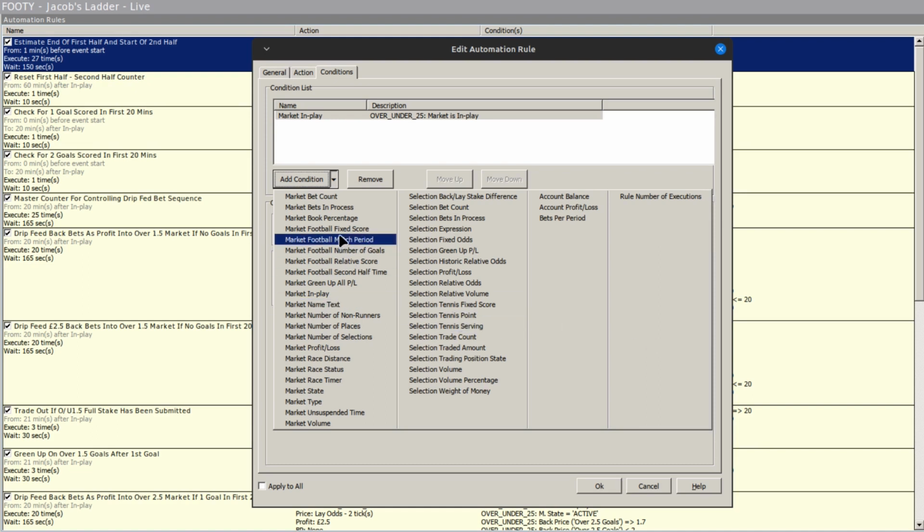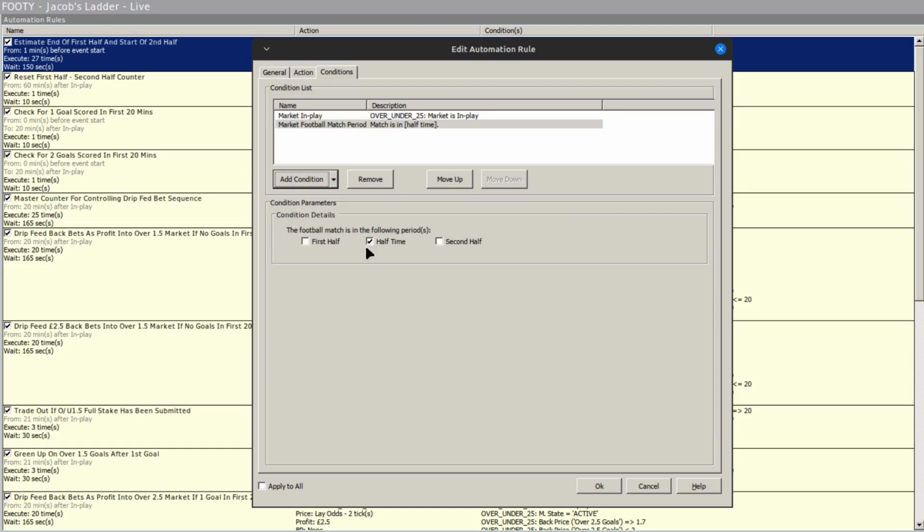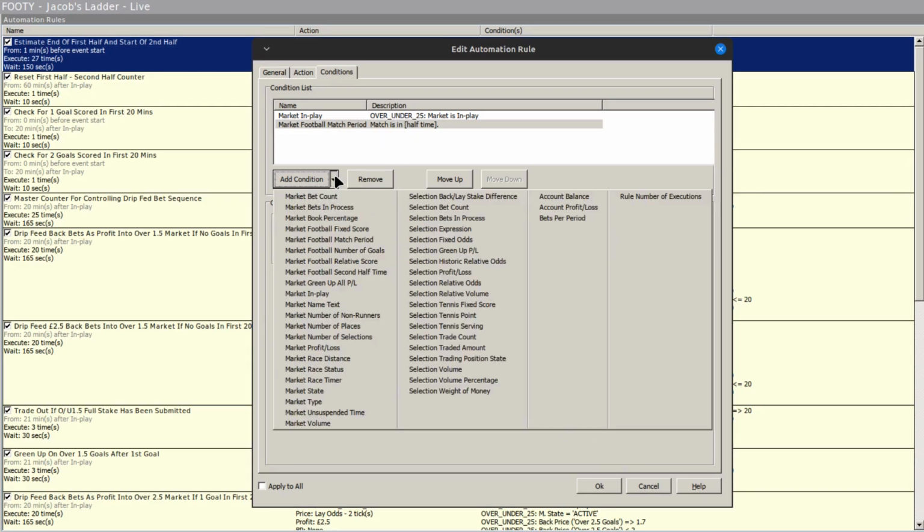I'll flag up this one here, match bet period. This is a new one. This has been introduced after I developed the automation. But again, as I say, it relies on the live score feed being present. So if you wish, you can make use of all these to make your automation a heck of a lot simpler. I went the route that I have gone